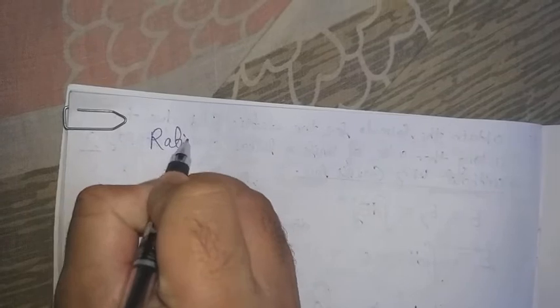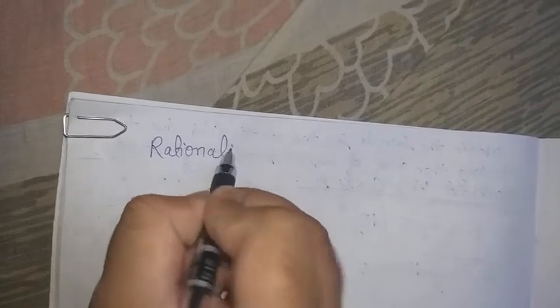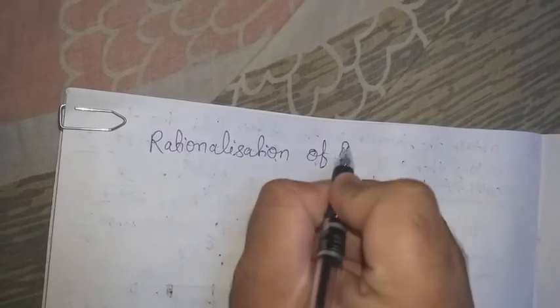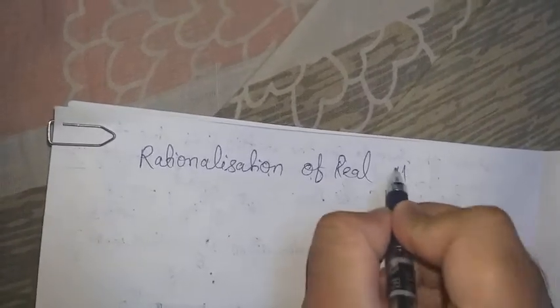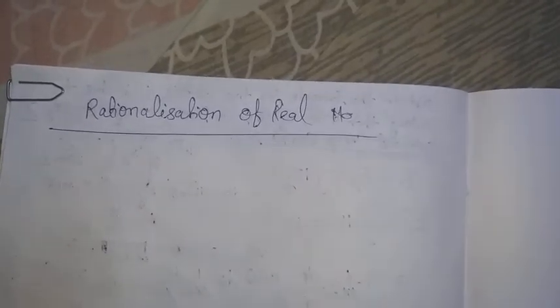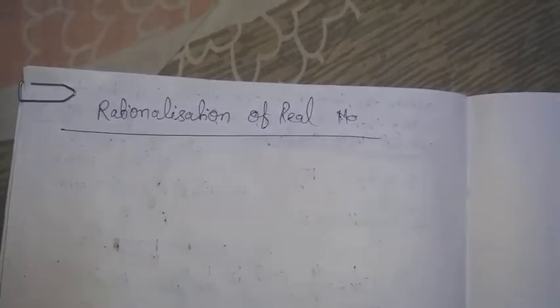Rationalization of real numbers. How to rationalize? What is the meaning of rationalization? Rationalization means if any number is in p by q form, the method of removal of the root from the denominator